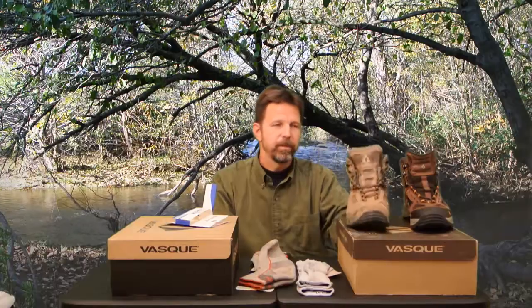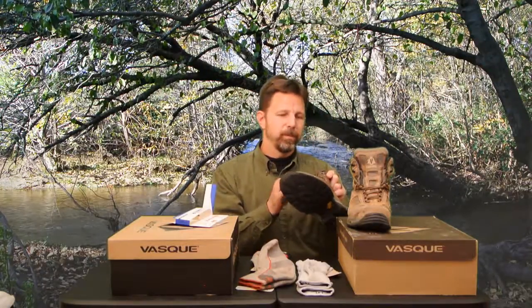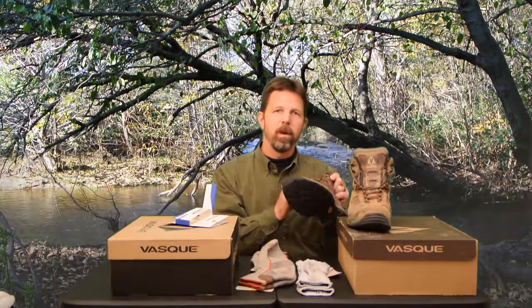And the Gore-Tex, even though it's breathable, it's not as breathable as not having a Gore-Tex liner at all. And so you want to weigh those. Price-wise, this was $170. The non-liner was $150. Right now they're reduced to $126 for the Gore-Tex liner and $111 for the non-Gore-Tex liner. And they've got gusseted tongues, so it just helps keep the debris and water out of the